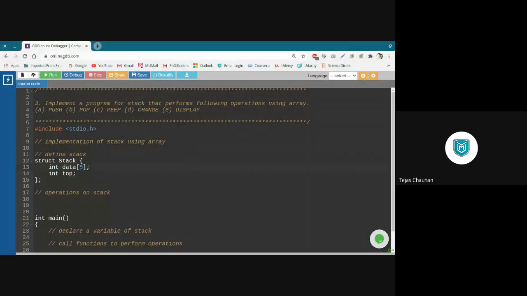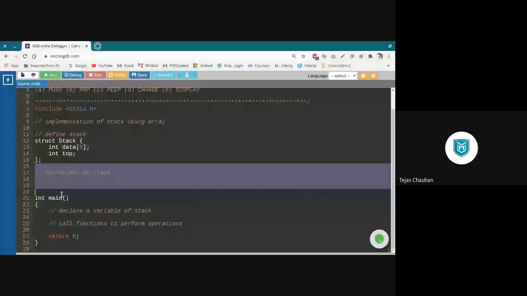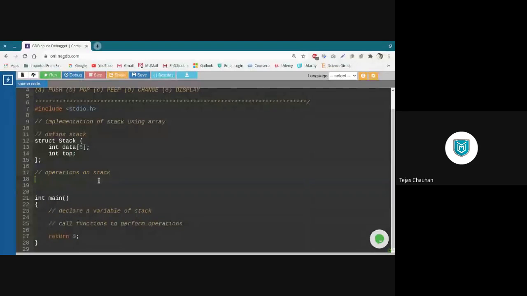But look, when you define size this way, 5, which is a static constant value, then this is the maximum size of our stack. And later on, we are going to use that max size also when we want to define whether our stack is full or not, right?